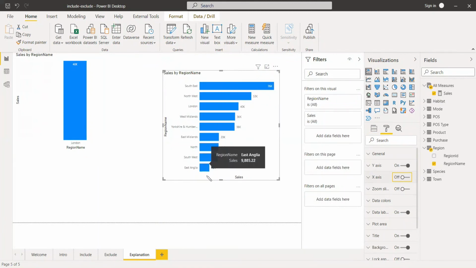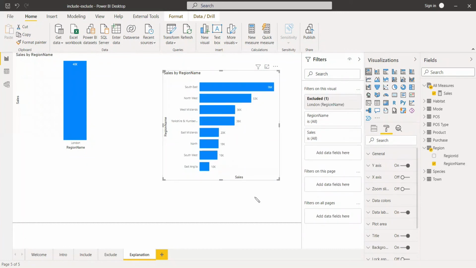You want to see all other things, because London, of course, we have taken differently and we are analyzing it separately. So right now we don't need London. Other things we can take. So right click on here, exclude. London has been excluded from this chart. You can see it in the filters also.